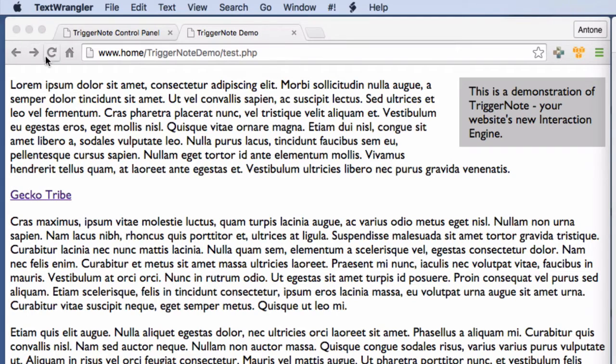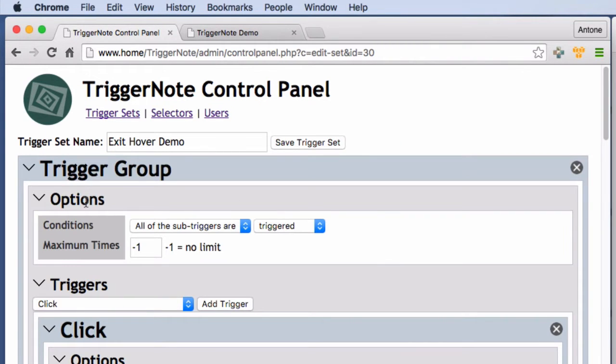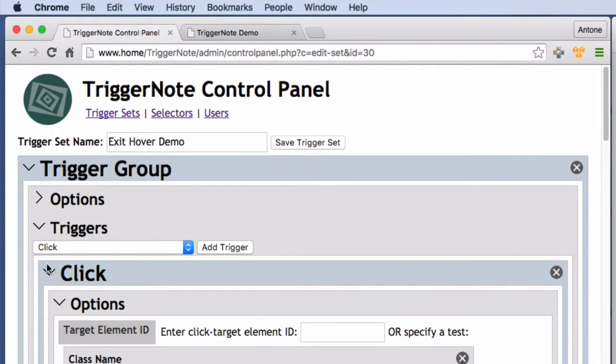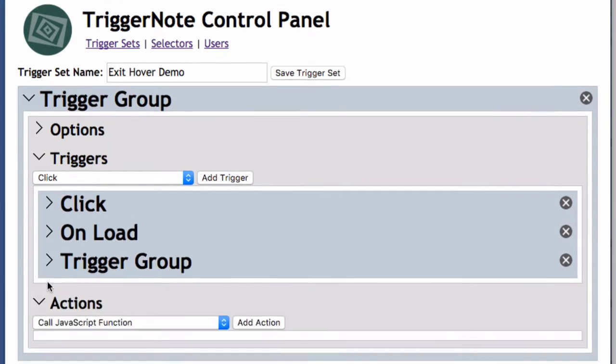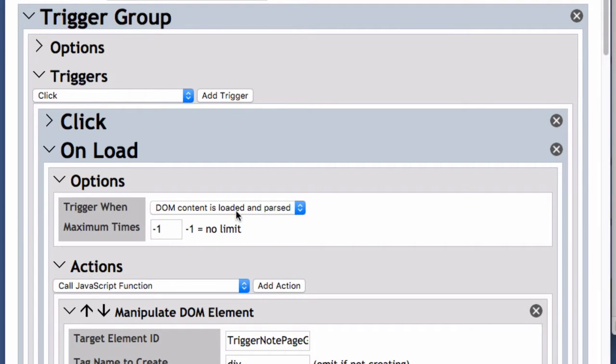So now, for those who may be interested, let's go over all the settings that were generated by that recipe so that you can see how it works. First, let me collapse all the sections and then we'll take a look at them one at a time. The first thing that happens is when someone first loads the page, a number of setup steps are taken. And these are done as soon as all of the DOM content is loaded and parsed, or in other words, we're not waiting until all the images on the page are loaded and things like that before we do the